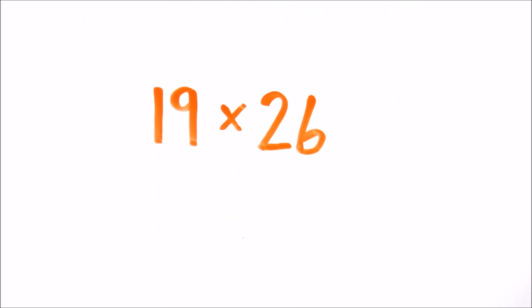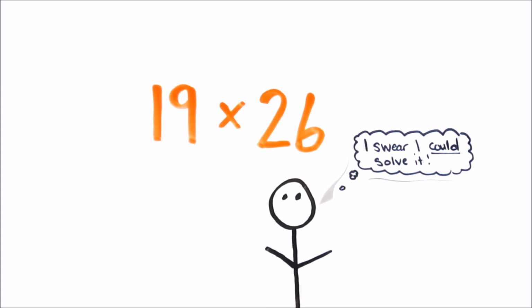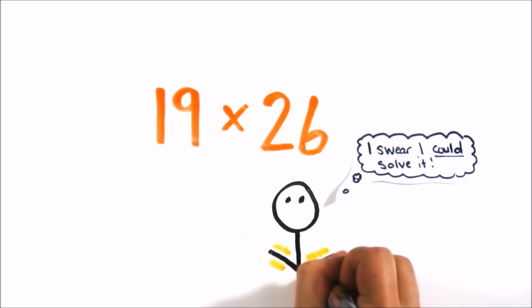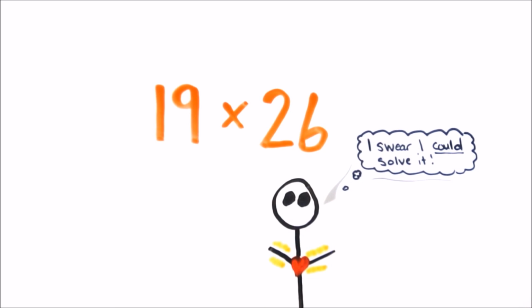But if you look at the following problem, something different happens. Sure, you immediately know it's a multiplication problem, and you knew you could solve it if you had the energy, but didn't. If you do try, your muscles will tense, your pupils will dilate, and your heart rate will increase.